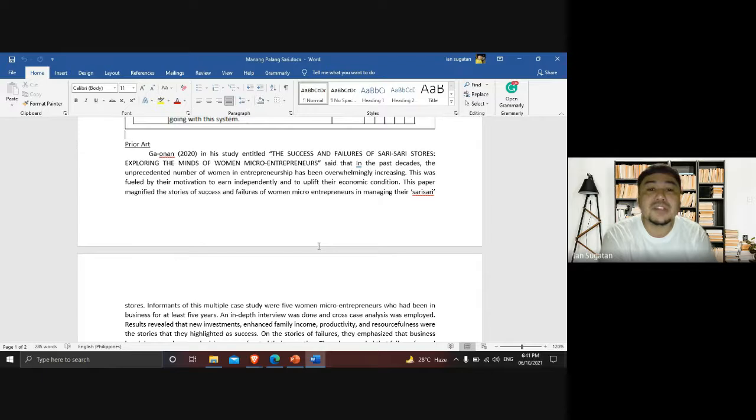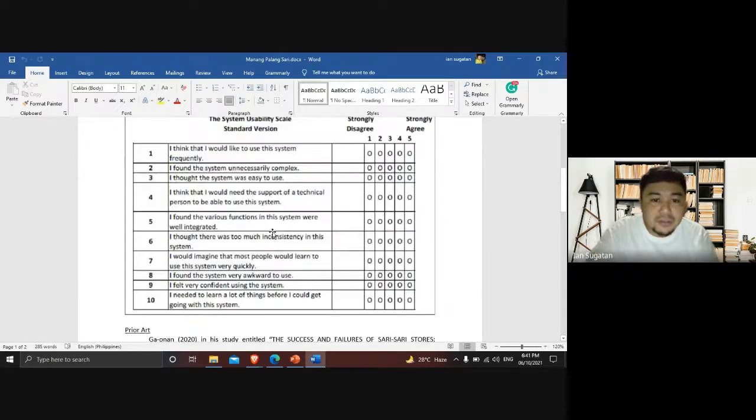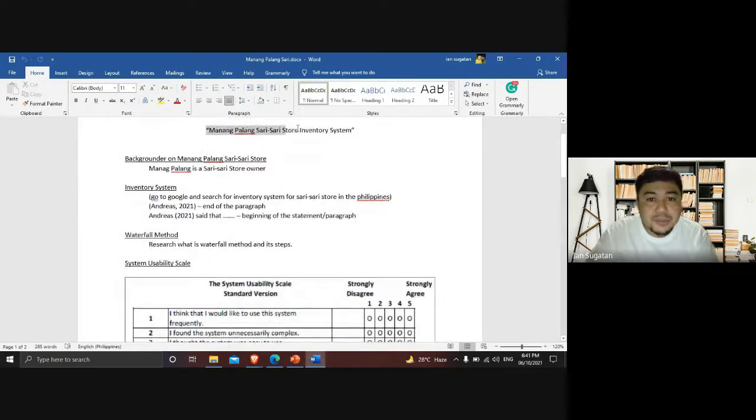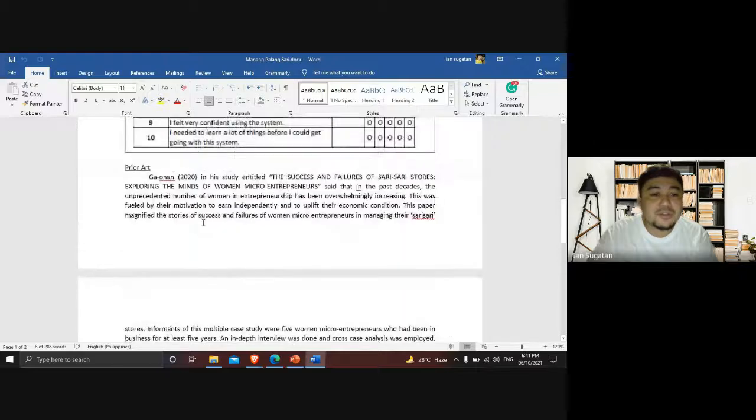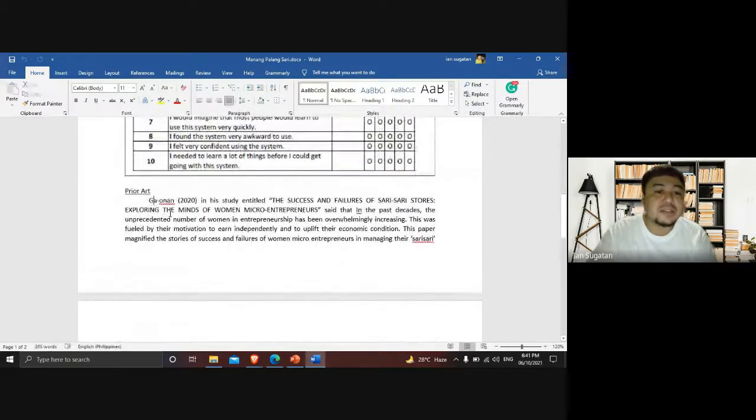Since it's an inventory system, just copy and paste your title into the search, and then look for a similar study. If you find one, for example the author is Gaunan 2020, you start the sentence like this: in his study entitled The Success and Failures of Sari-Sari Stores: Exploring the Minds of Women